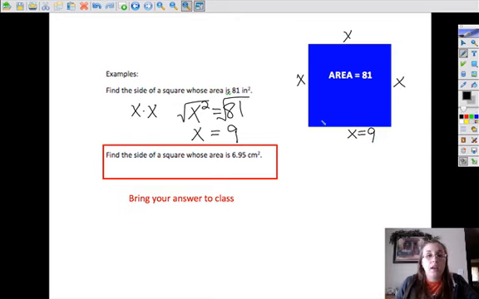So go ahead and use the same process. Try it on this one. Find the side of a square whose area is 6.95 centimeters squared. And we are done with